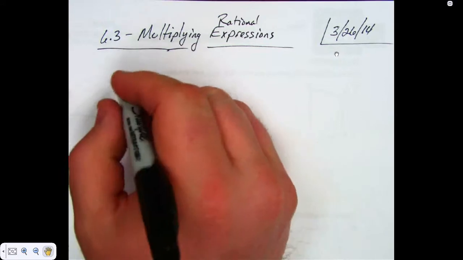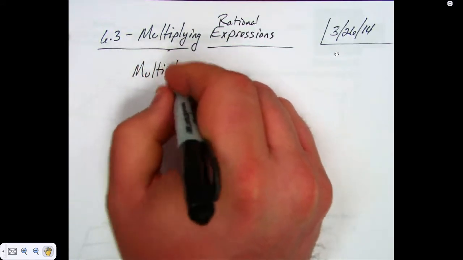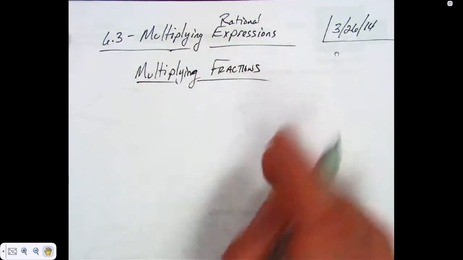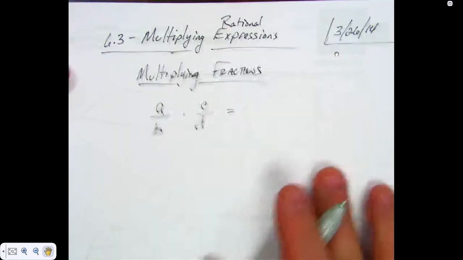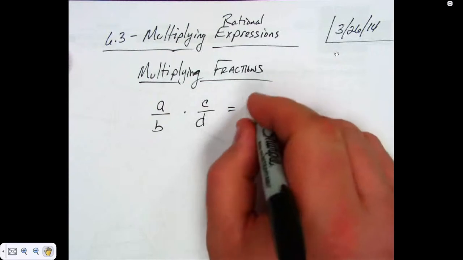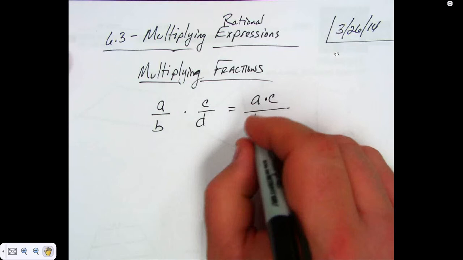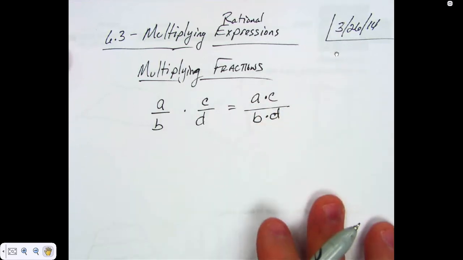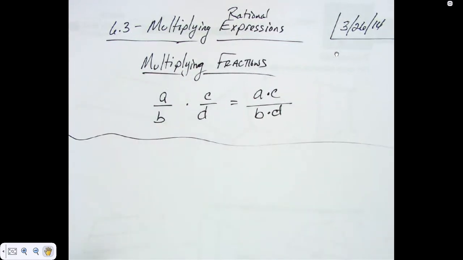Now, to review multiplying fractions is really a pretty simple deal. A over B times C over D, which we've talked about before. You multiply the top, it becomes one fraction of A times C over, and you multiply the bottom, B times D. Sometimes there are ways you can reduce before you multiply, or you can reduce after. It doesn't make a difference. So, with multiplying